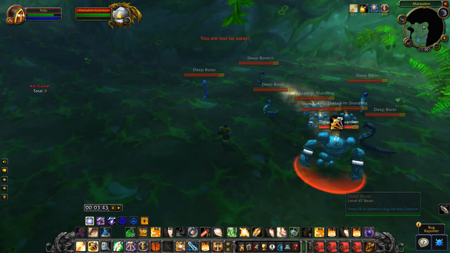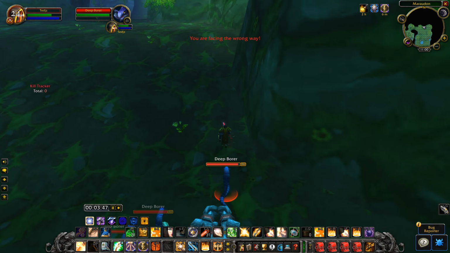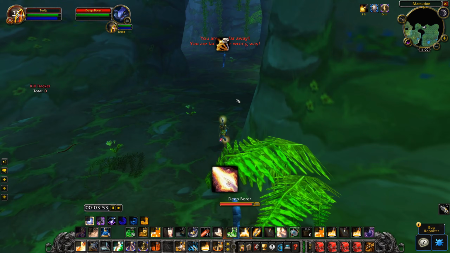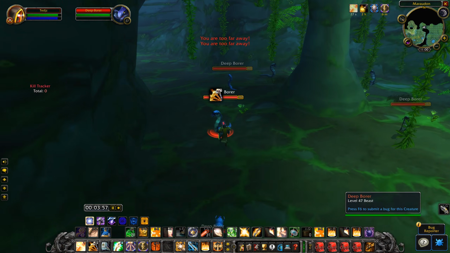Here I choose to Judgment the Elemental and auto-attack the snake, because the Consecration would make all the pack behind me take significant damage. Then make a kind of circular path to start stacking the mobs a little bit. Judgment this last snake pack,